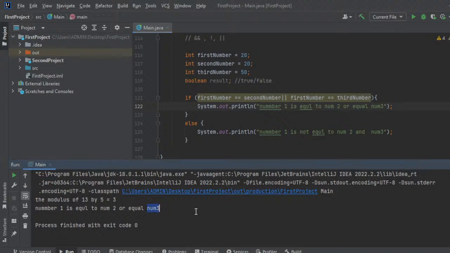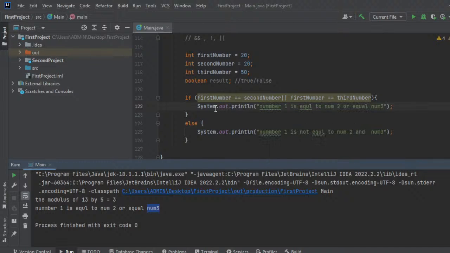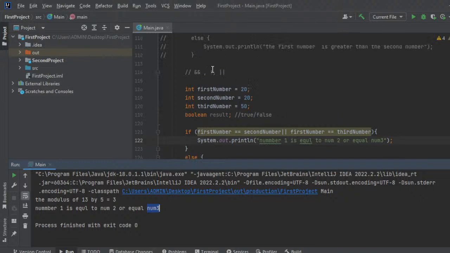So you can see the new output here. Num1 is equal to num2 or equal to num3, because this first number is equal to the second number. One of the conditions has been met. Alright. And then let us look at this other one called the not